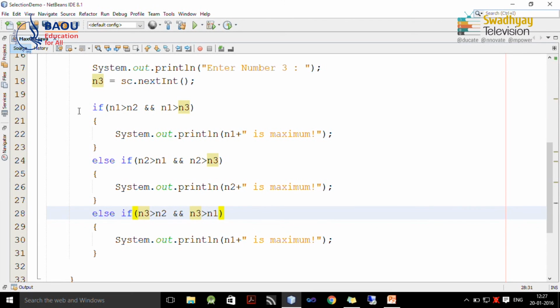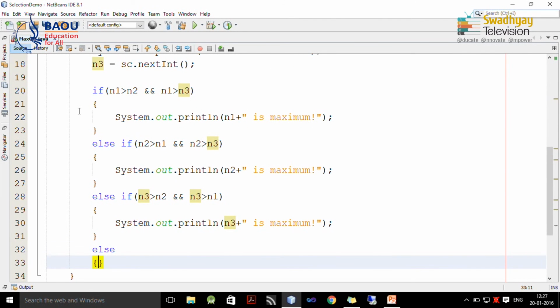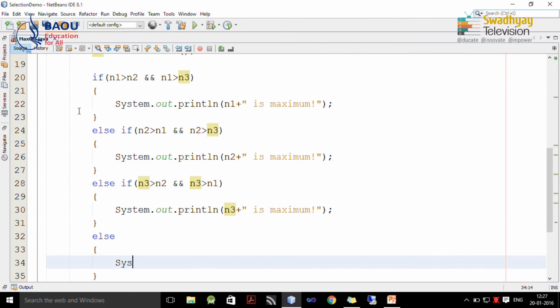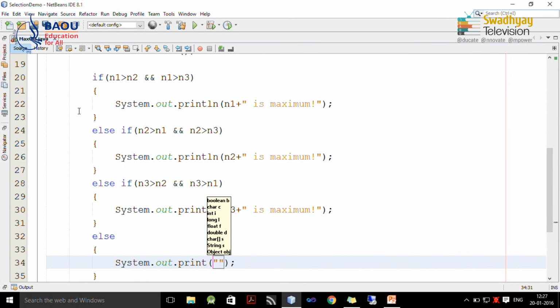So, here I write n3 greater than n2 and n3 greater than n1, and if it is so, it means n3 is maximum. If all these conditions are false, what we can say is the numbers are not distinct or there may be more than one maximum.